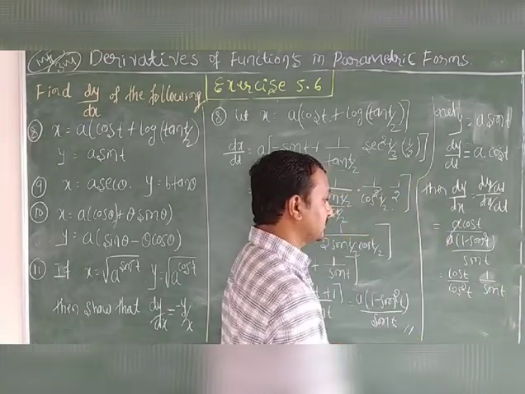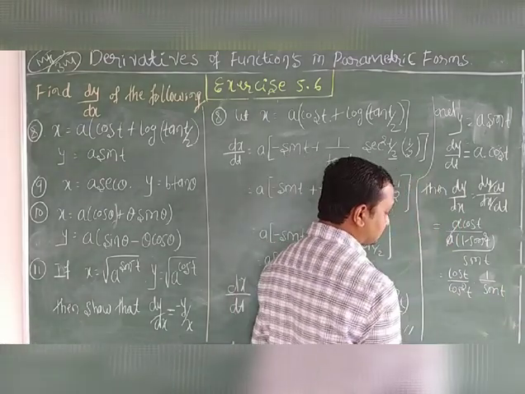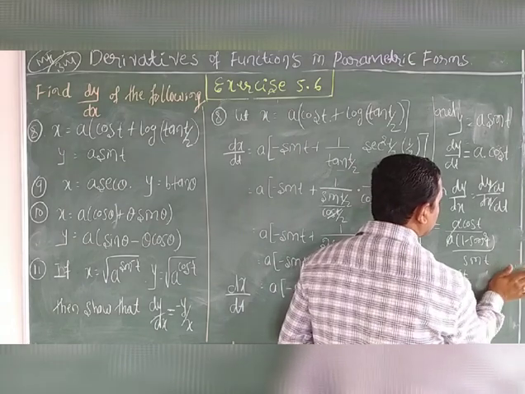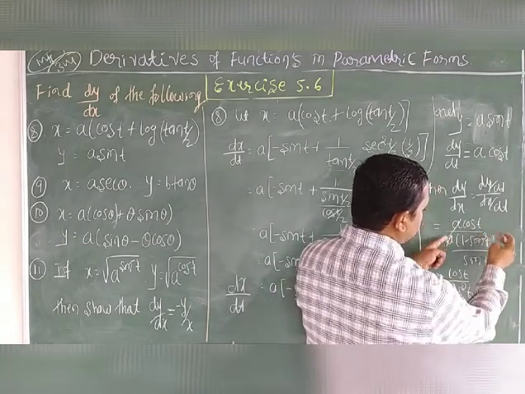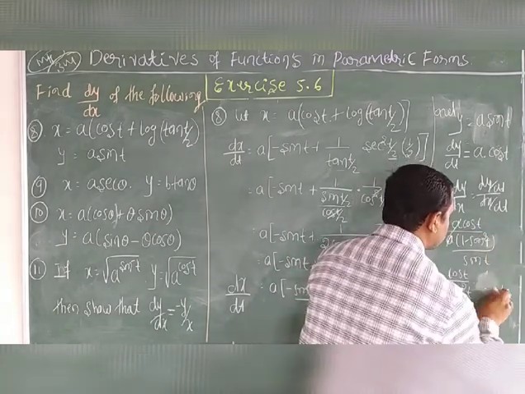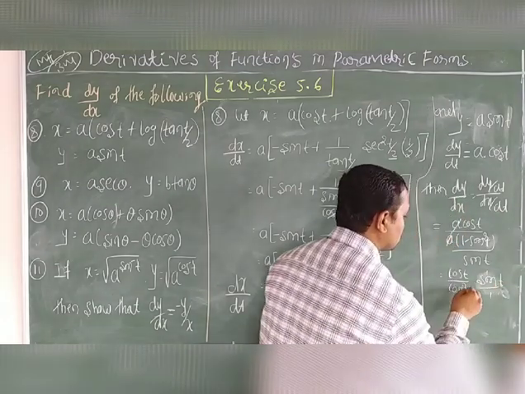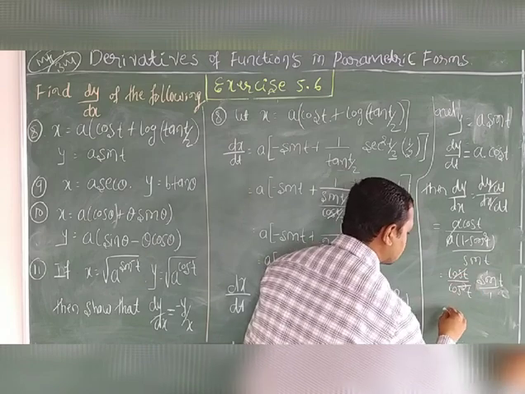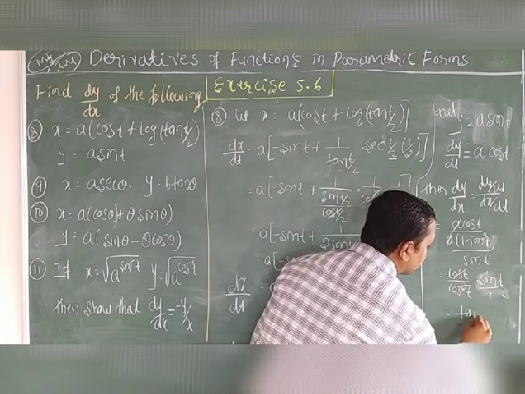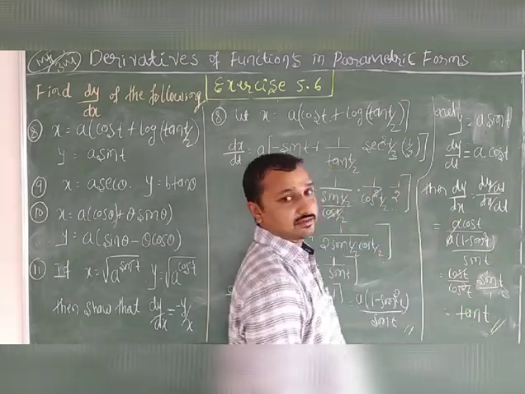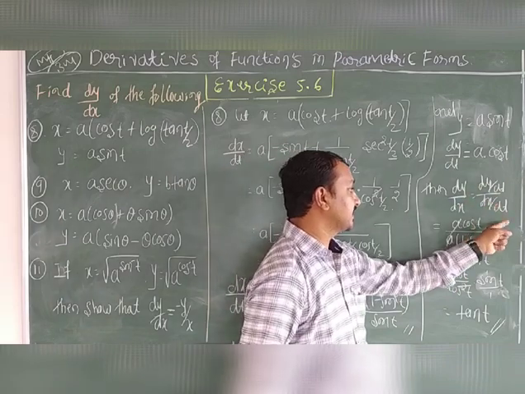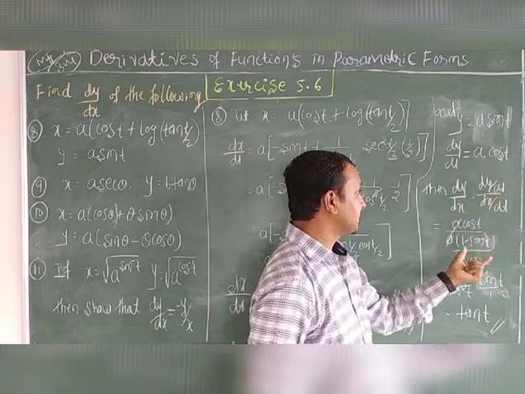Sin t. Okay. Here, what is that? No. This is a divided by this term, which is shifted and becomes sin t. Okay. Sin t divided by 1. So cos and cos get cancelled. The answer is tan t. Is that clear?